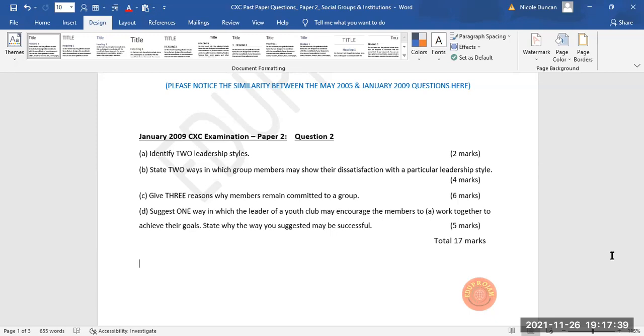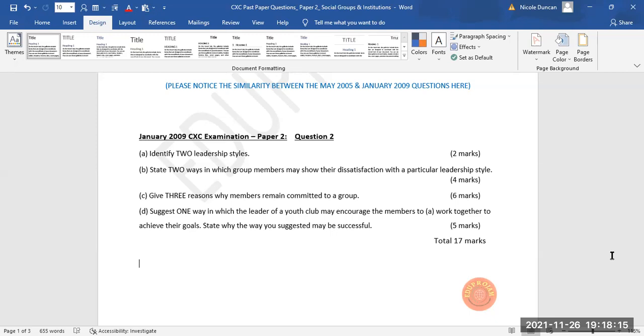What can be done by the group leader to get them to really be committed to working with the group? What about giving them individual tasks, delegating them with responsibility, allowing them to take care of their responsibilities in the